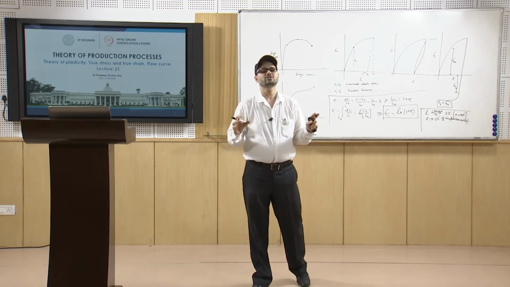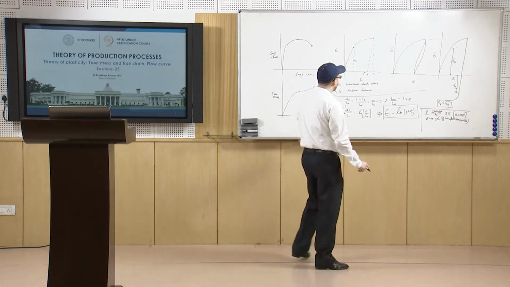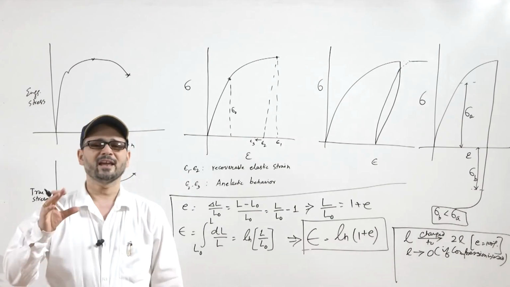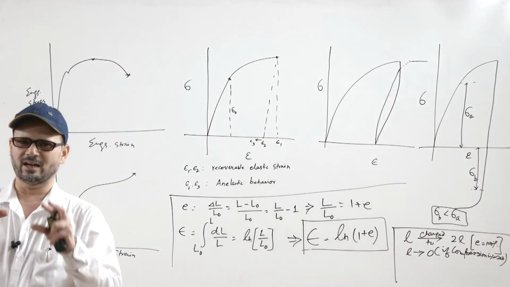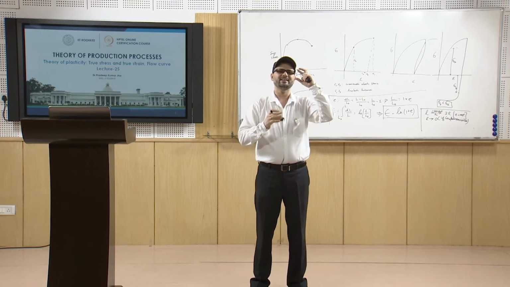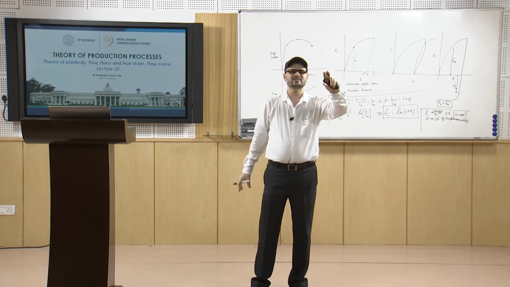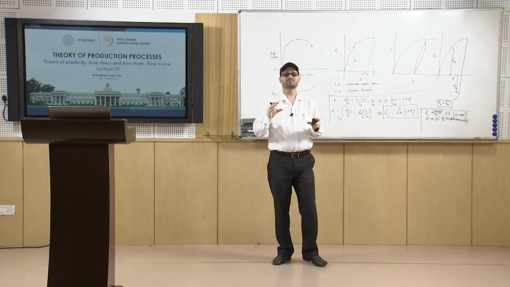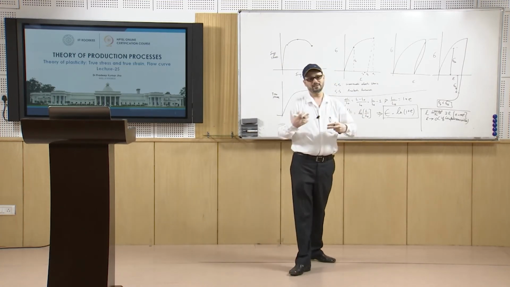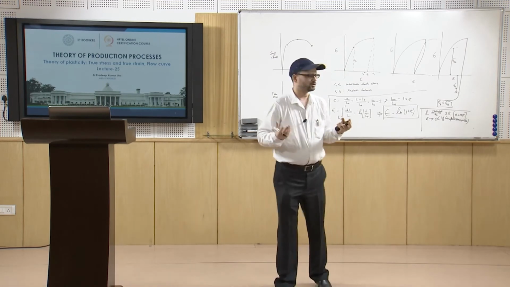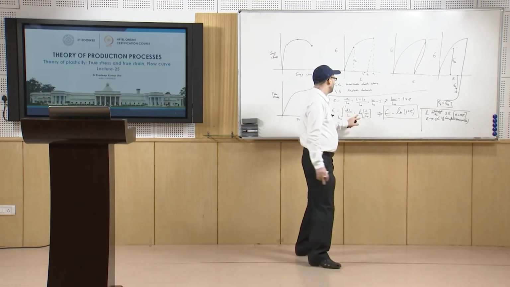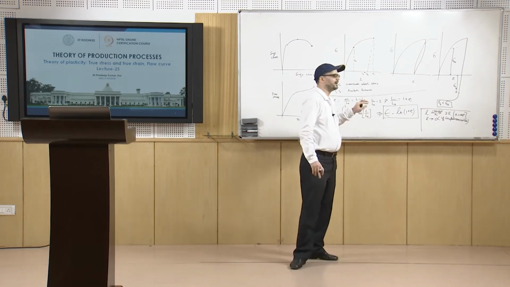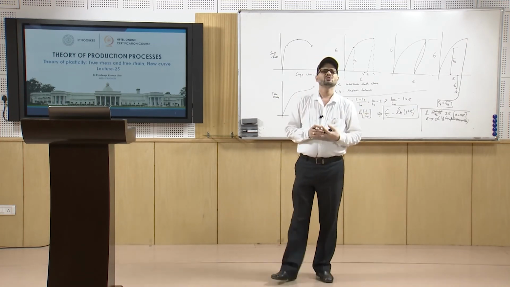Once the volume is constant, L by L naught can be replaced with A naught by A, because area of cross section into length should be a conserved quantity, that is volume. So you can also take it as equal to ln of A naught by A. That way also you can define